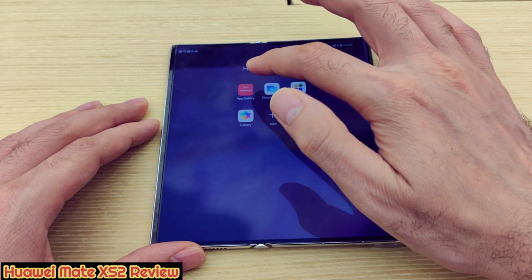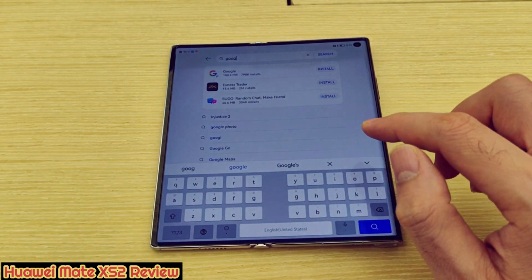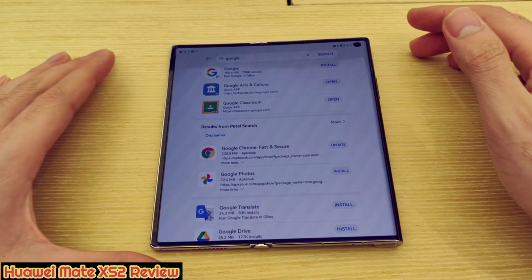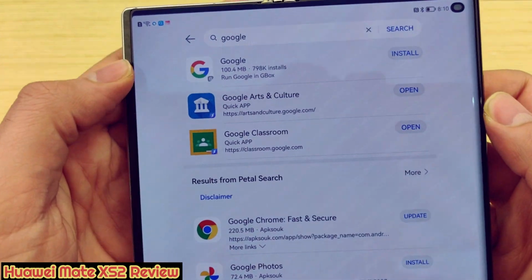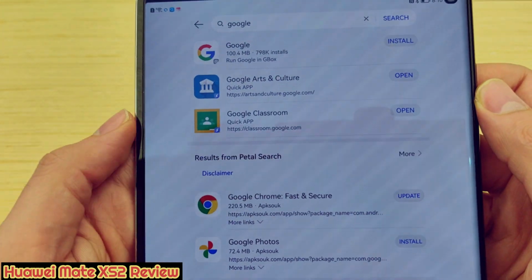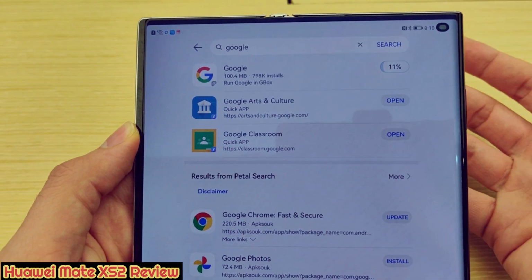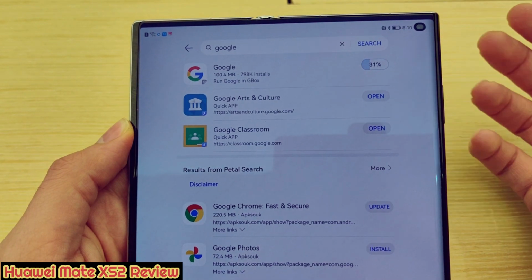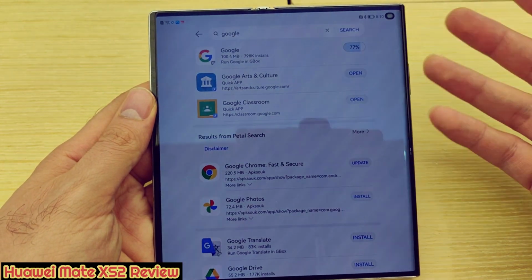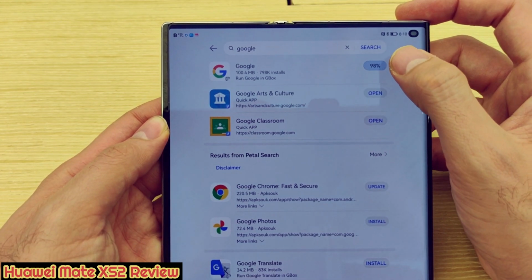So guys, once you enter the app gallery or log into the app gallery, then right here, Google. Once you write Google, you can see here this gray icon next to the application. That means this application will be installed through something called Gbox. And Gbox is like virtual. This application will turn your phone to the virtual version which supports Google services. As you can see now, once I download this one, now I will open it,